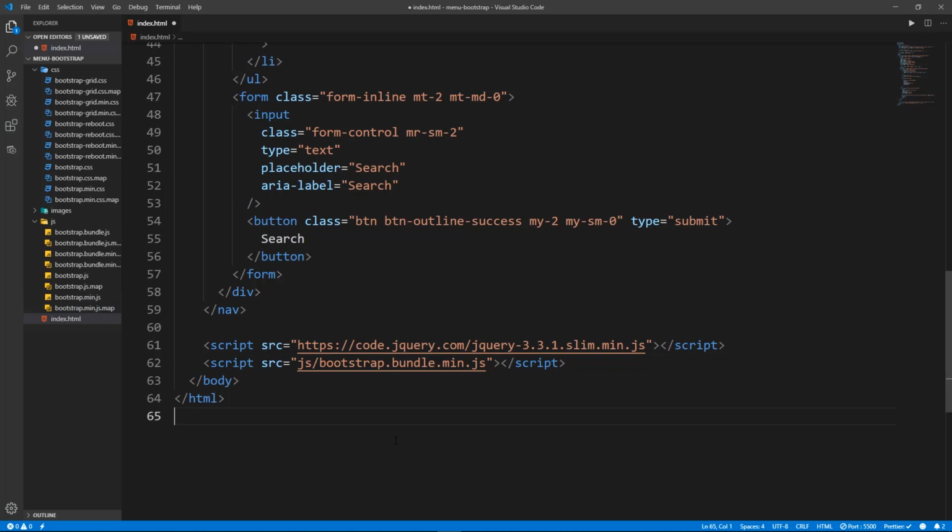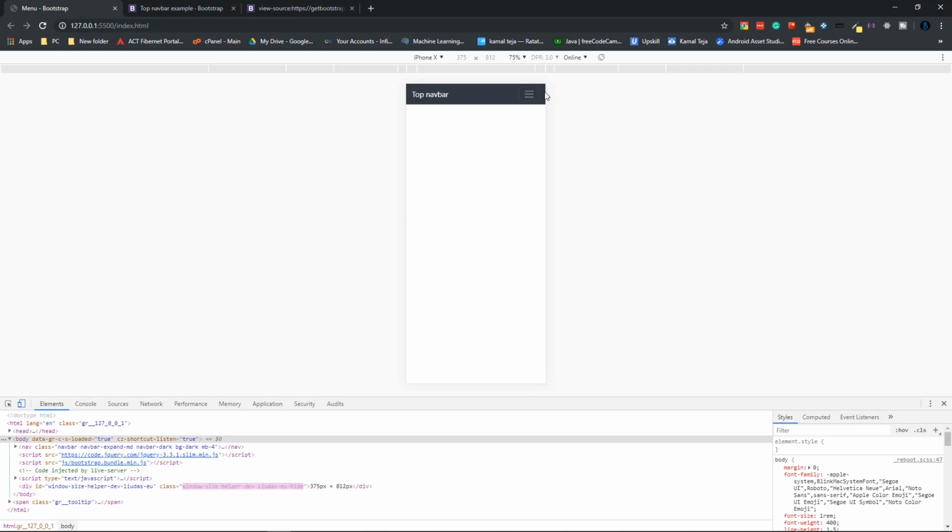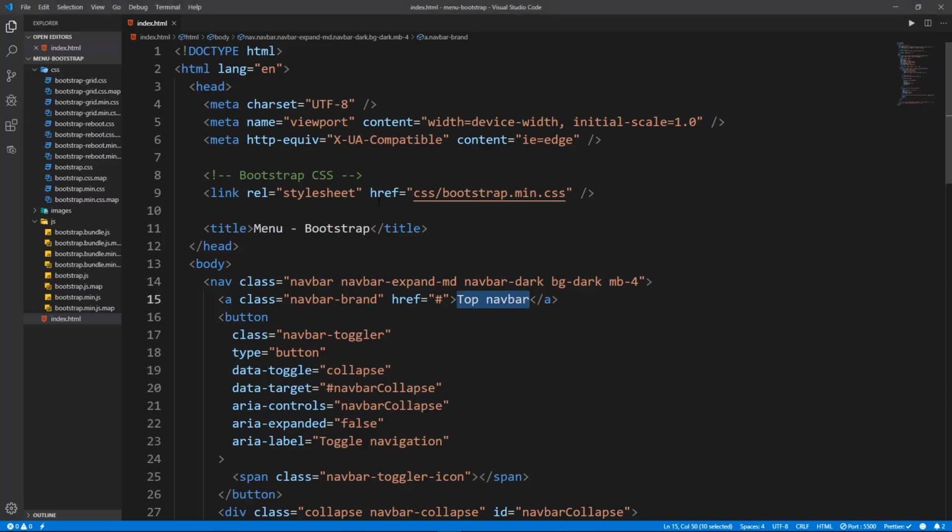So save it. Once you save it and open it in our Chrome browser, open it in mobile view. The same thing will happen. You'll be able to shrink it and expand it. So we are essentially done with the menu bar, so to say. You can just customize it to your own taste, but I'm going to do it for you as well. The top nav that you're seeing here is